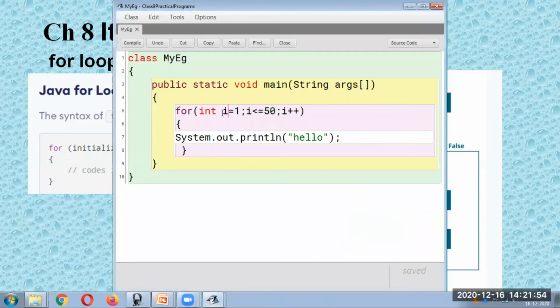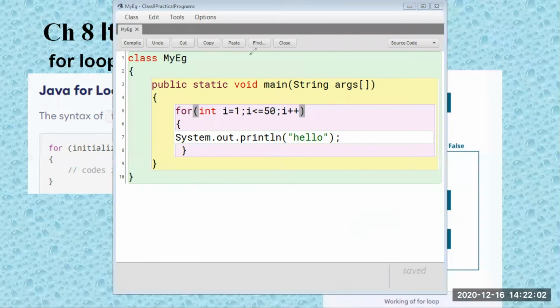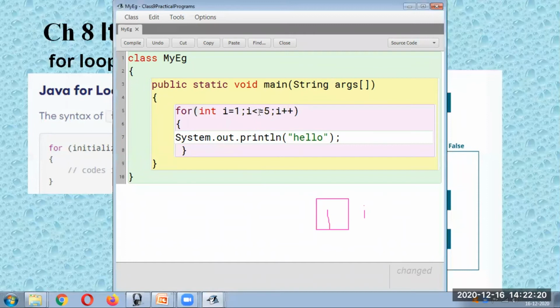You will find that the initial value of i is 1. So here we can say the value of i initially is 1. I can take annotations and explain to you. Okay, so let's take some simple annotation. Here let's say we have got i, correct? So here the value of i is initially 1. Now what happens? Let's keep this value small because it will take a lot of time. So let's keep it 5.